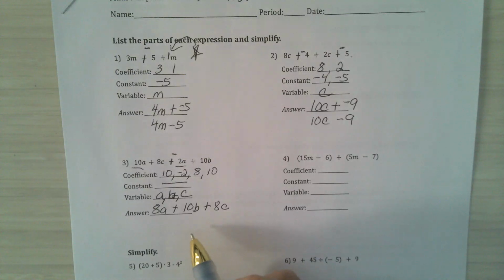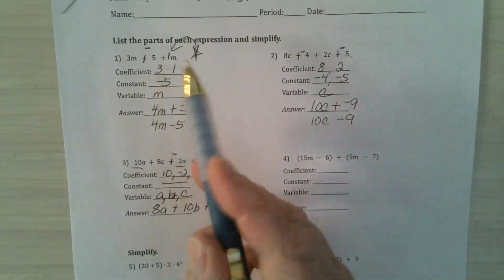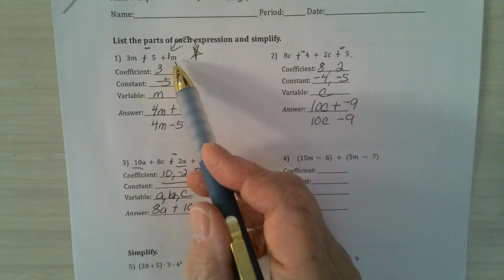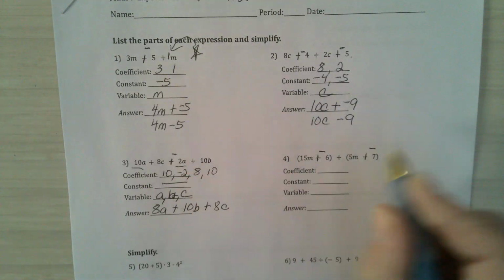In number 3, it doesn't matter the order that they are in because there's a plus sign and it makes it commutative. And in number 1, if there's not a number in front of it, you do use the number 1. 1 is considered a coefficient if there's